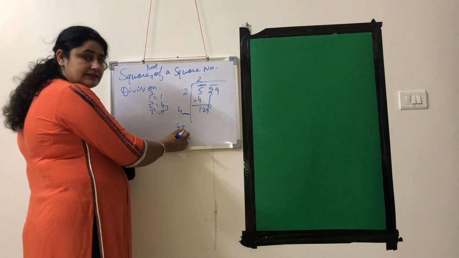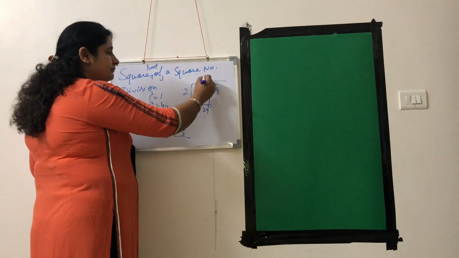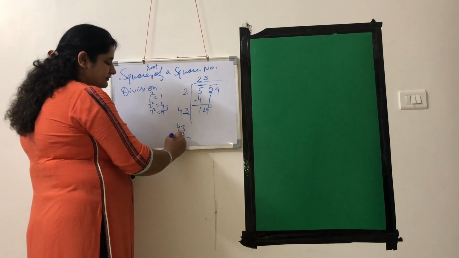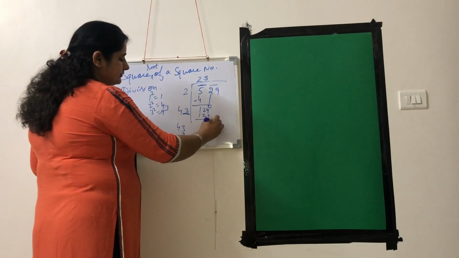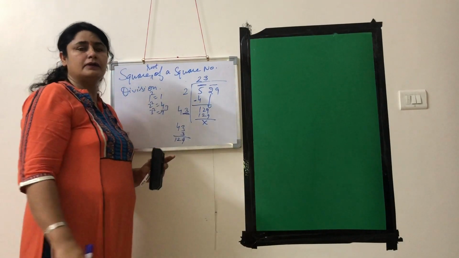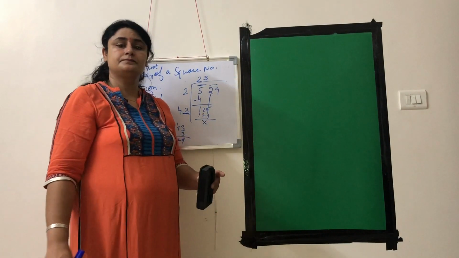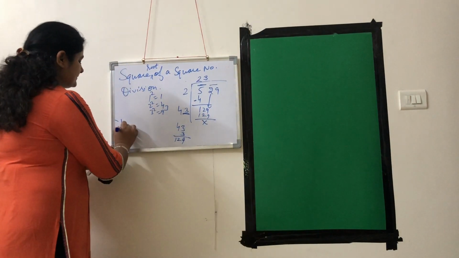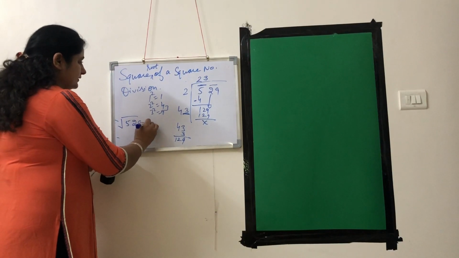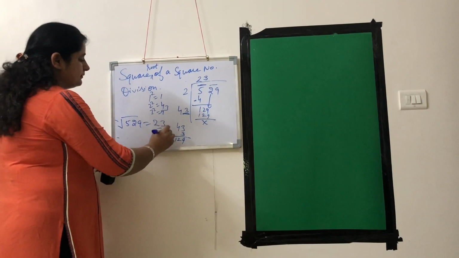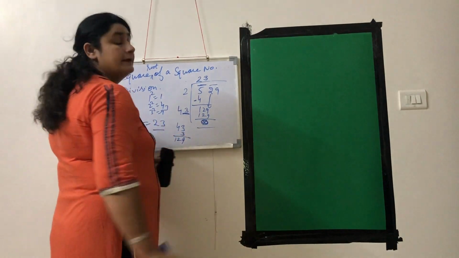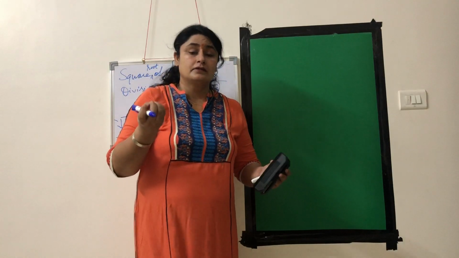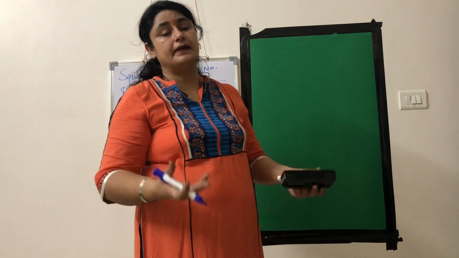We'll place 3 as the ones place number and the quotient will be the same. 3 multiplied by 3 is 9. 3 4s are 12. So we'll get 12. Now no more bar or number is left as a dividend. So what is the square root of 529? That is 23, because the remainder is 0 here. So this is how we can find the square root of the given number by the division method.